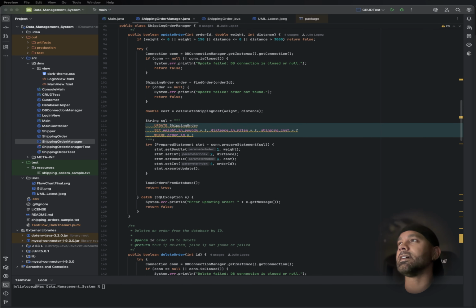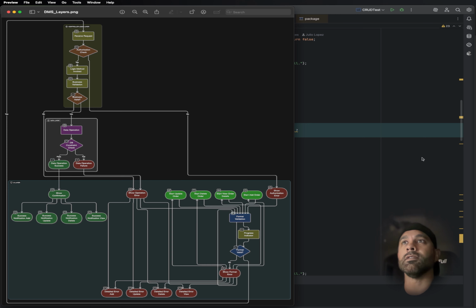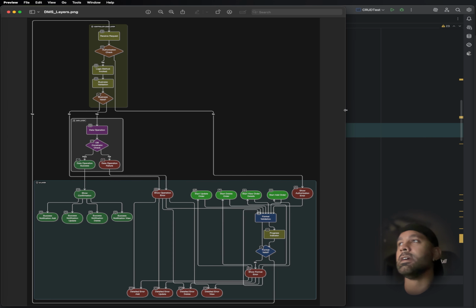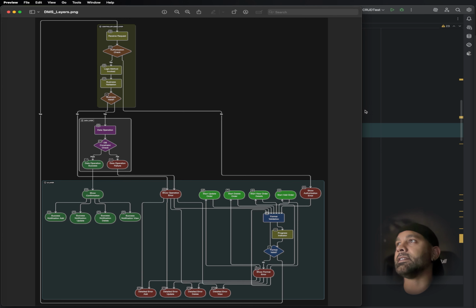Now also on the implementation plan, I included the activity diagram overview, which I'm gonna open in a second if I can find it. Yeah, it's right here. There you go. Let me see if I can enlarge it so I can explain a little bit. So yeah, this is the activity diagram overview,